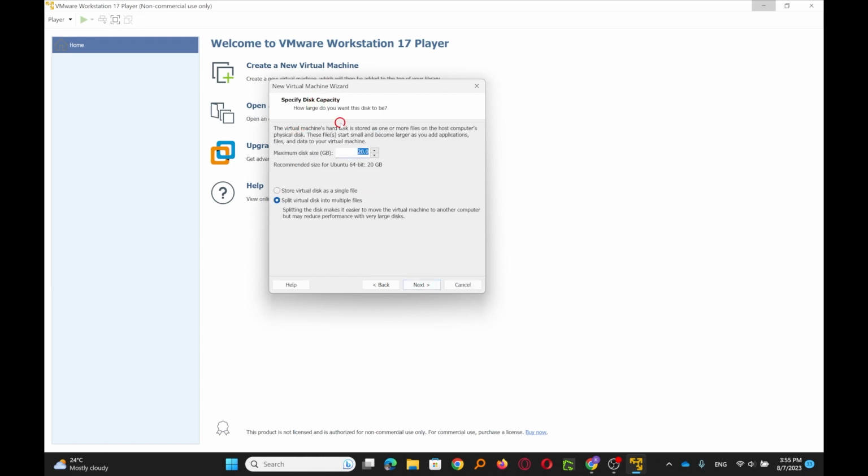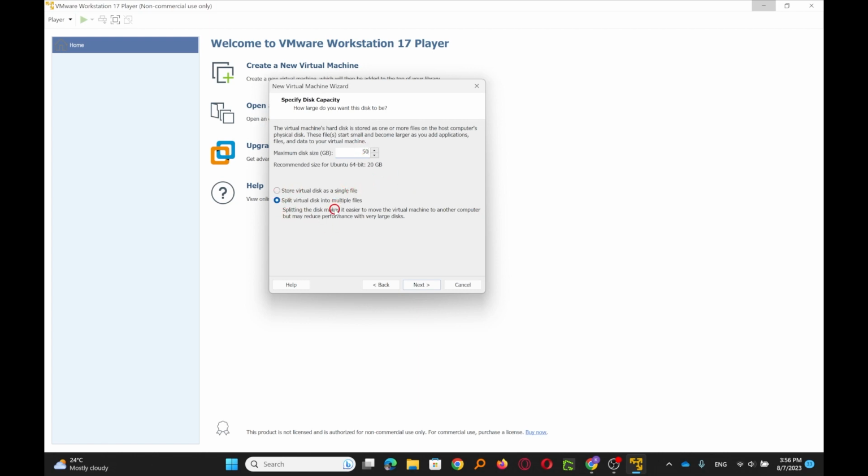At this stage, it's asking us to define the virtual hard drive. If you remember from the system requirements, it did say the minimum space is 25 gigabytes. So I'm just going to change the default to something like 50 gigabytes for my hard drive space.